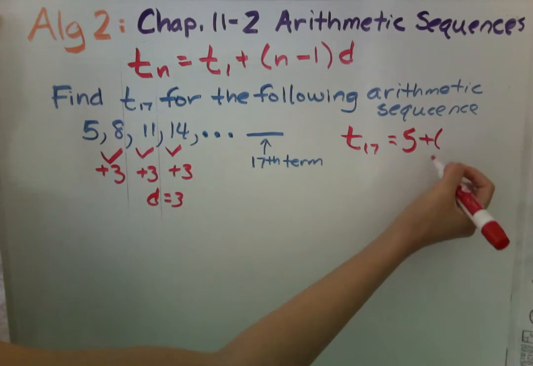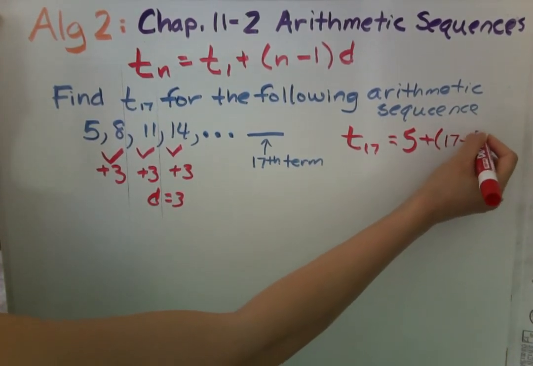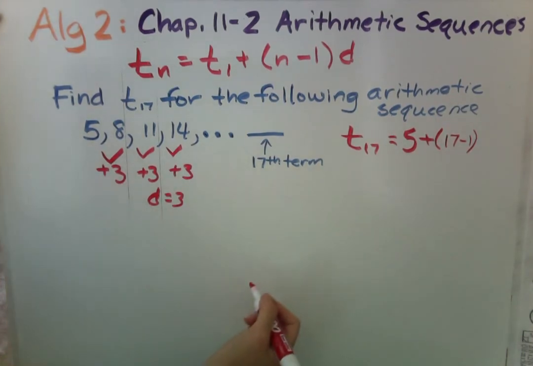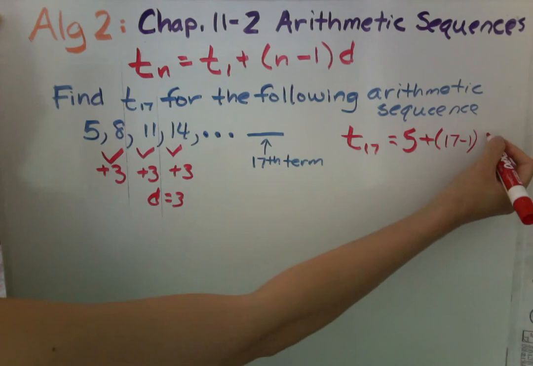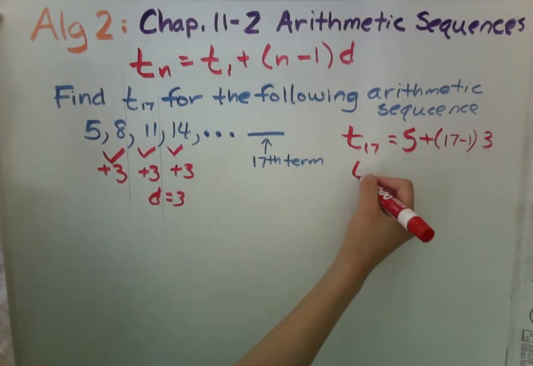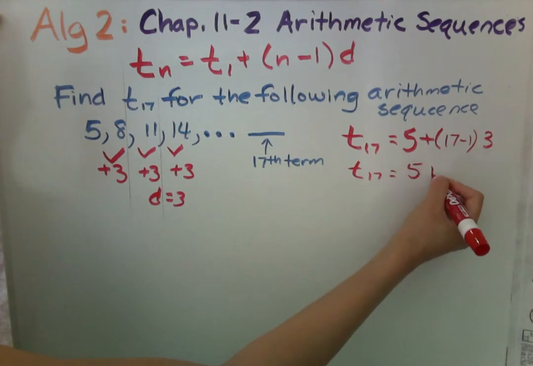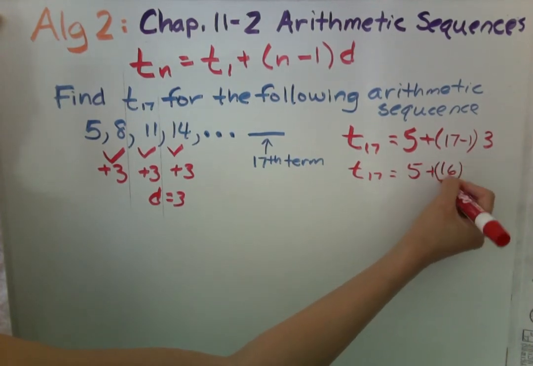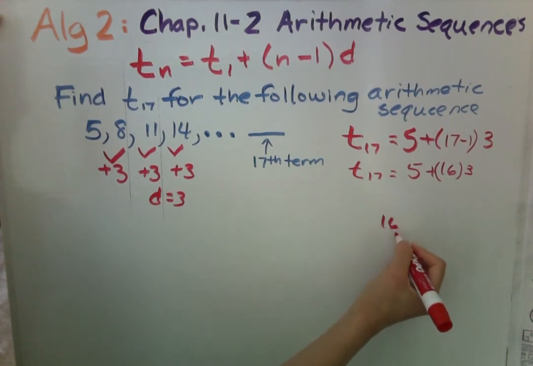Plus n is 17, minus 1 times d, and we found that earlier, which is 3. And then you go ahead and solve for that. Okay? And again, do not use mental math, show your work. You have 16 times 3,